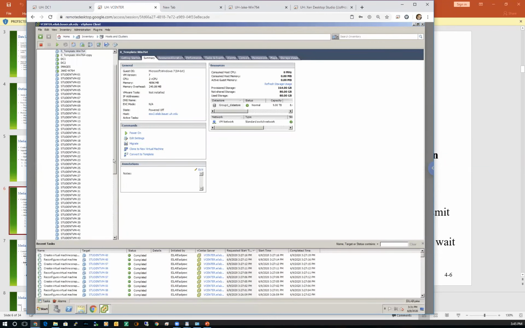I could turn them on and log in as me, but you guys don't have a username and password yet. And again, I want to see if I can get that Windows 7 machine fully upgraded to Windows 10. It's done its first reboot. So anyway, let's go back to this.